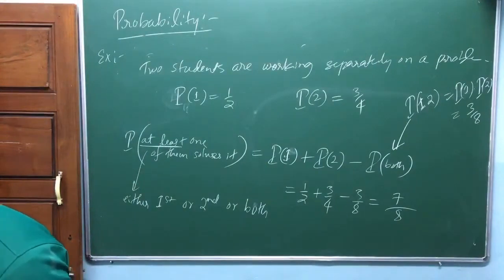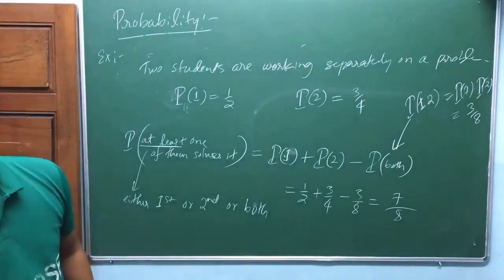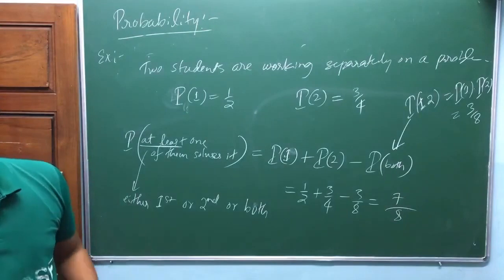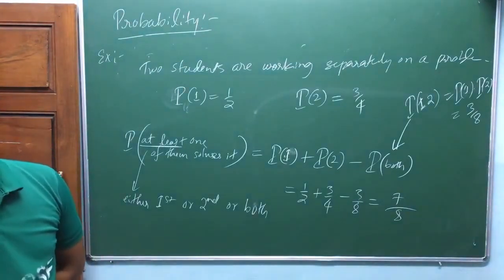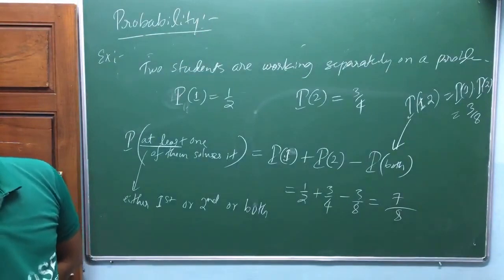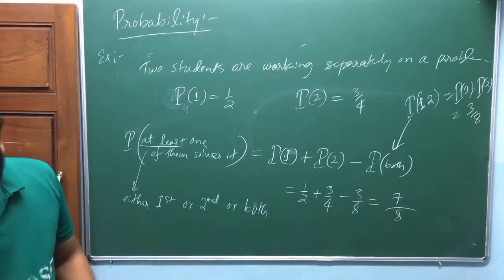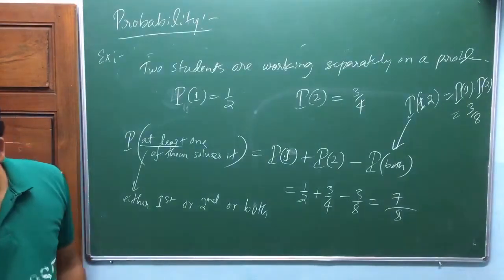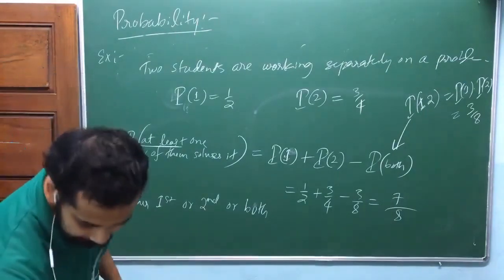Sir, in this type of question, I'm more comfortable, apart from how you have mentioned to solve this problem, we can also take the probability of A solving the problem into the probability of B not solving the problem. Okay, yeah. That's very good.